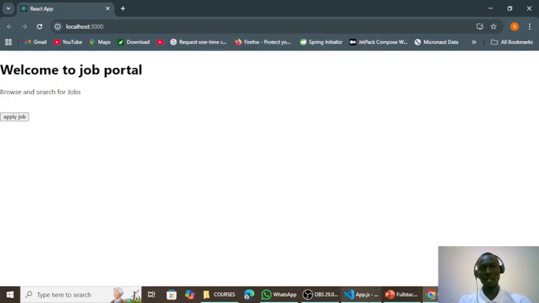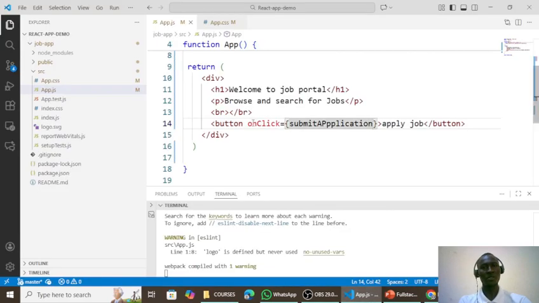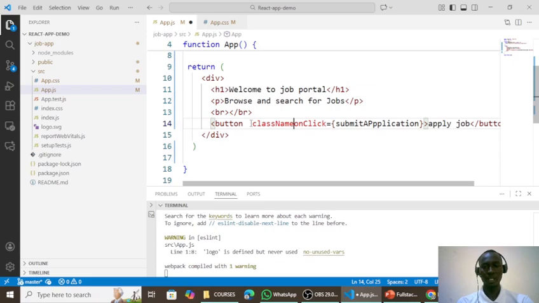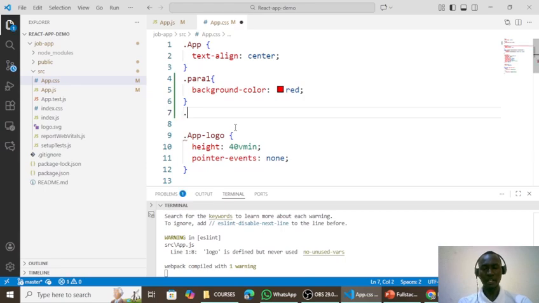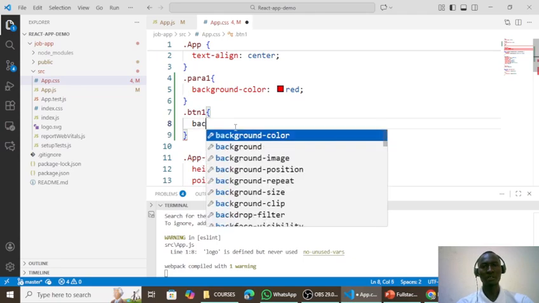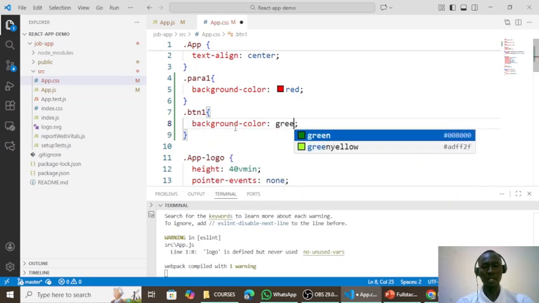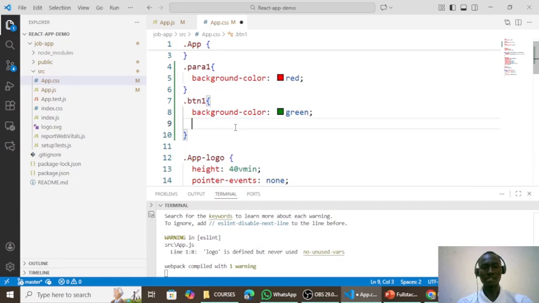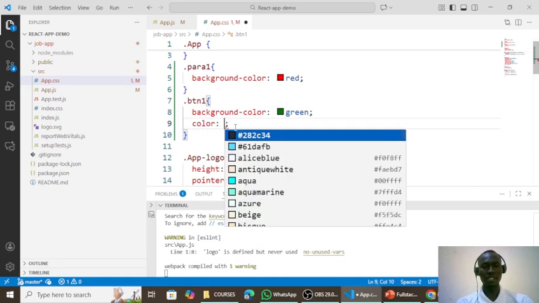Next, let's look at how we can add some CSS style to this button. To add the CSS style, I can give it a class name and call it btn. So let me call it btn1, and then I will need to come to my app.css and select the btn1, and then apply the CSS style. Let me add the background color and give it the background color green. Let me add the text color and give it the text color white,